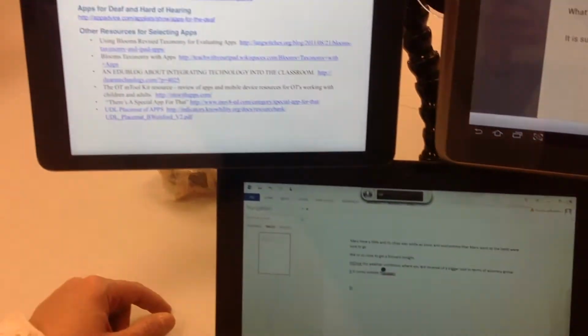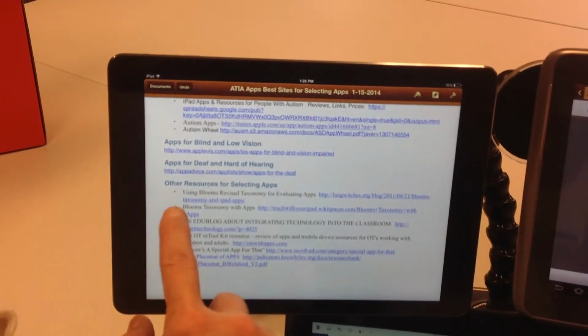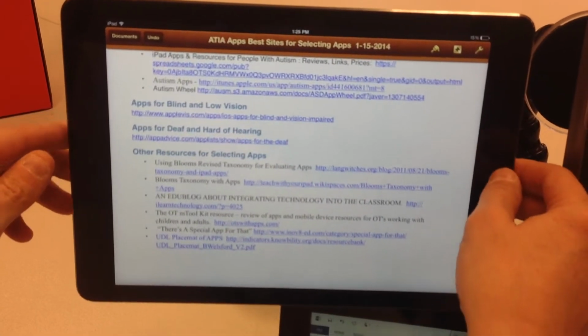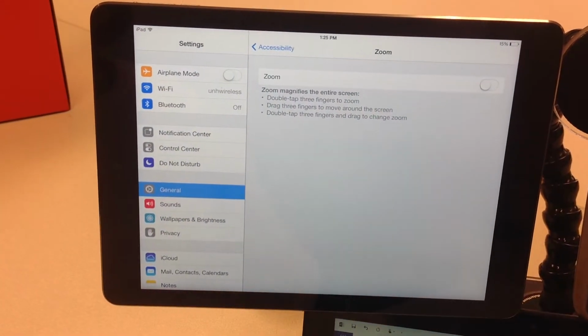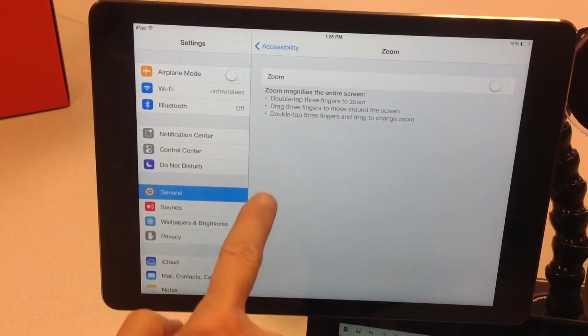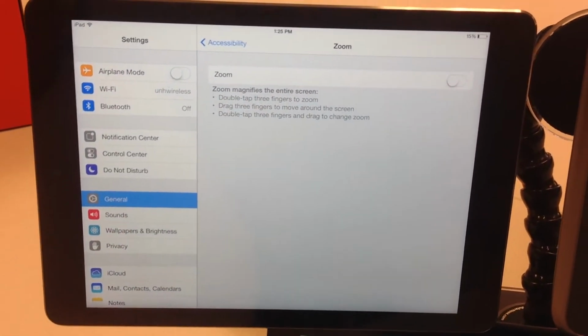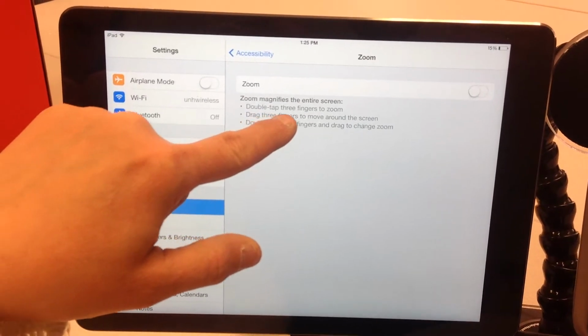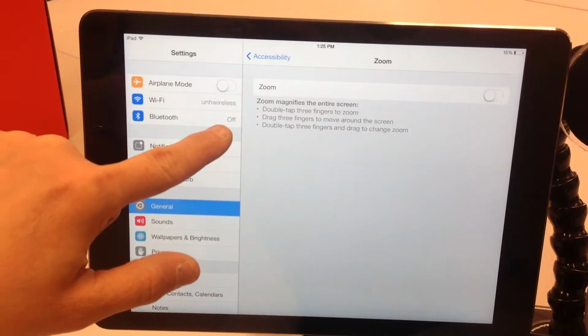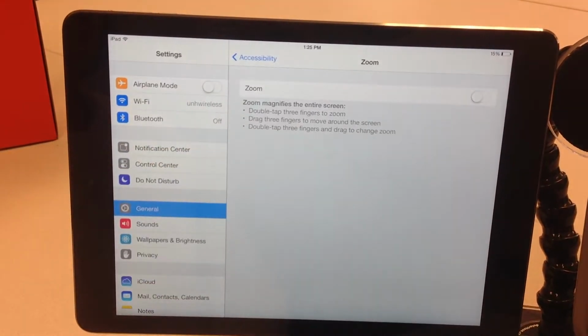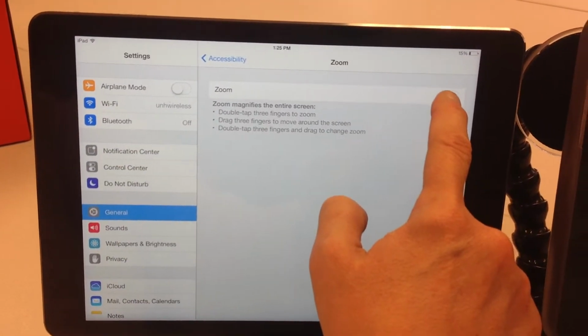Now, with the iPad, we're going to look at going into the settings, and we're going to turn on our zoom features. And so you have to memorize these three commands: double tap 3 fingers to zoom, 3-finger drag to move on the screen, and then double tap 3 fingers to drag and change the zoom. So I'm going to turn this on,